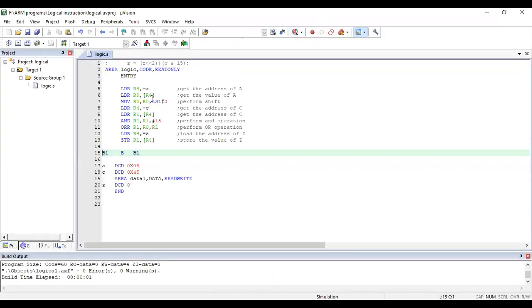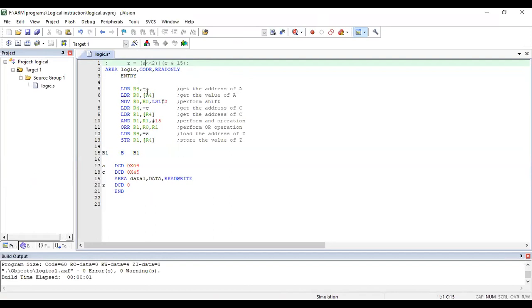So this is the program. So A is shifted by 2 and C is ANDed with 15, and you have to do an OR operation. So you have to initialize the area logic, and this is the read only memory entry.